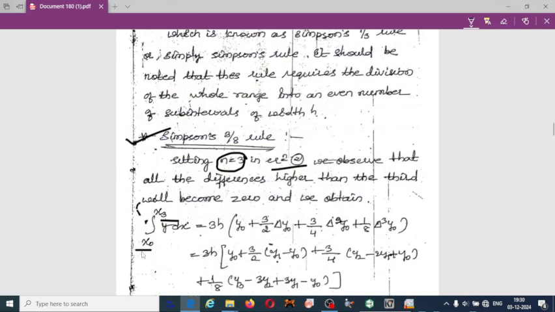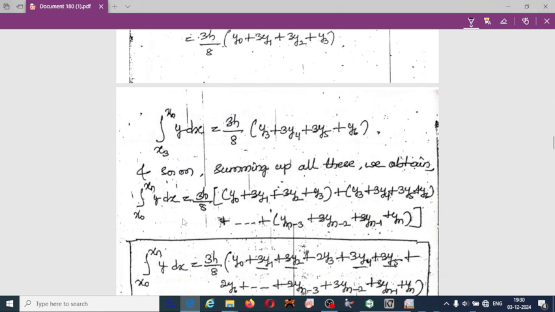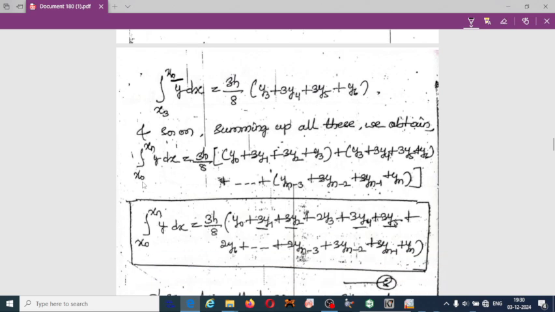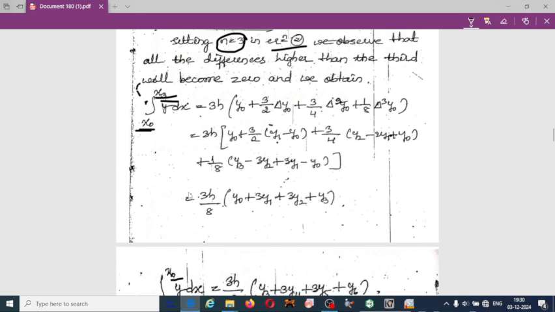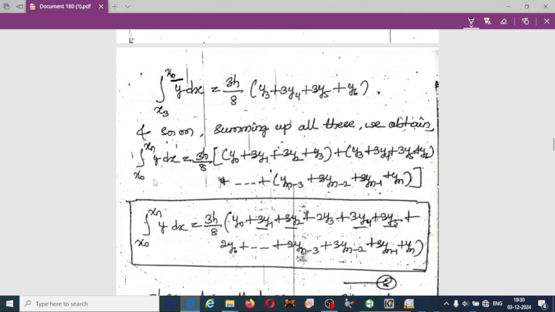If n equal to 3, you take x0 to x3, and you should start there. And here x3 to x9 they have given, and at the end if you add the individual terms by putting the limits x0 to x3 and so on, you will get